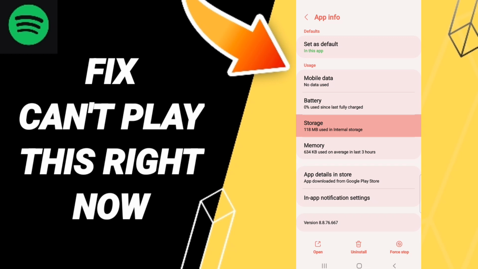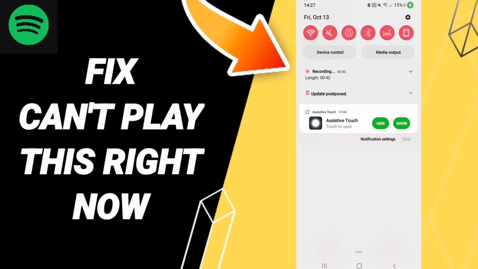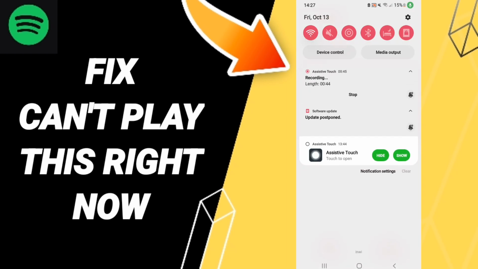Here we'll enter storage. After that we click clear cache. Here in this window you don't click clear data because that can give you a lot of errors or problems